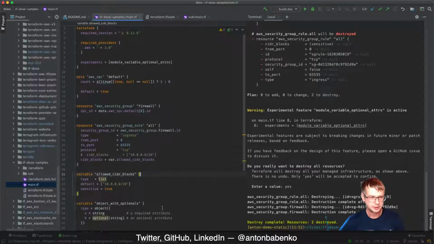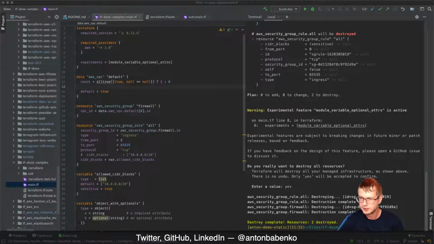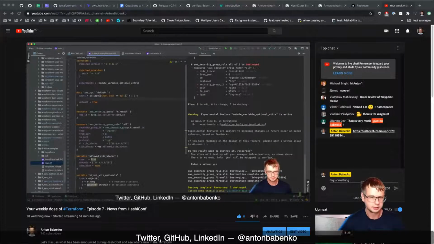So what kind of things were mentioned? Some of these things were new, some of these things were not very new, but anyway, I want to go through all of them and explain this one by one. So talking about Terraform, well, it's probably a good idea to look into